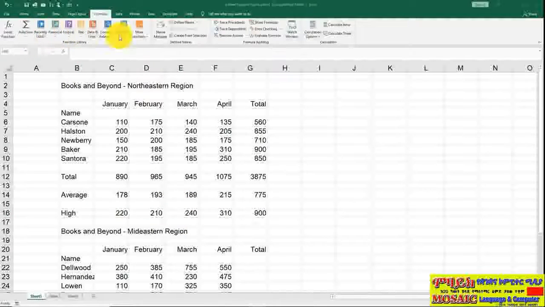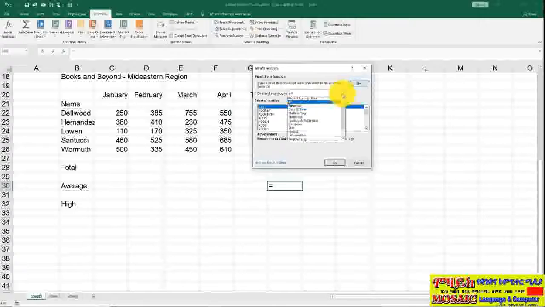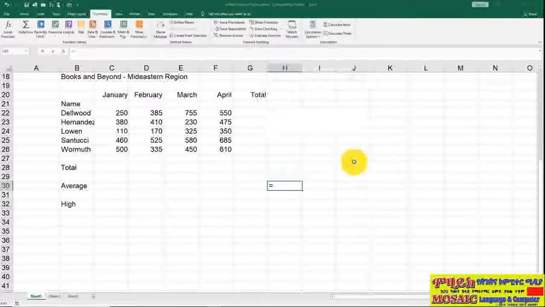I wanted to briefly tell you about these buttons right here. They may look familiar. This is your function library. If you remember when I took you into the Insert Function button, there were several different categories I told you that you could pick from. You've got financial, date and time, math and trig, and you'll see a lot of these right here. It's just a quick way if I don't want to come all the way back into this Insert Function window and I'm looking for a particular function that I know happens to be under financial, for example, I can just grab it right